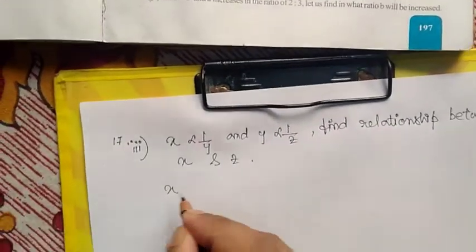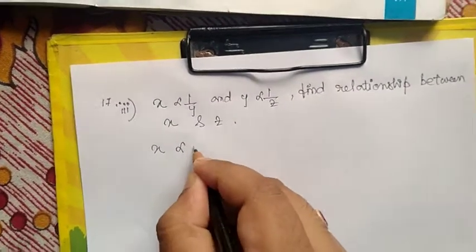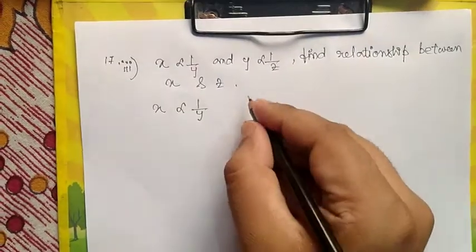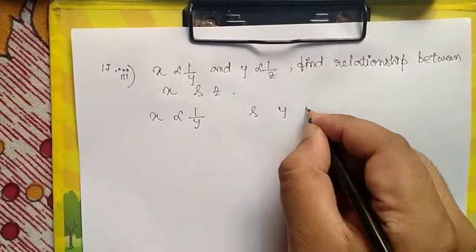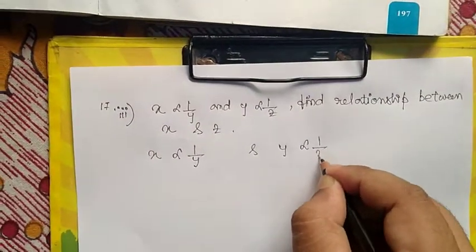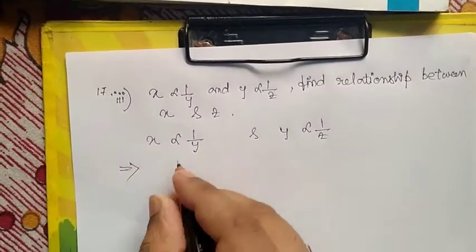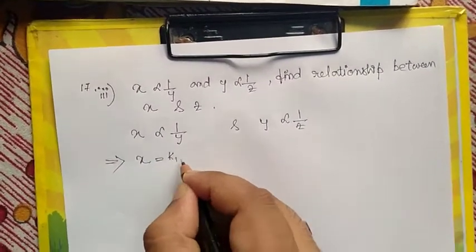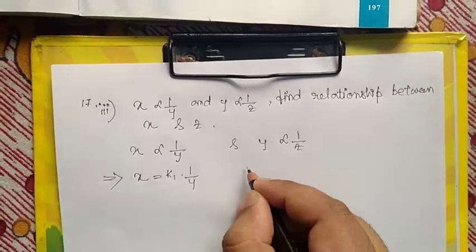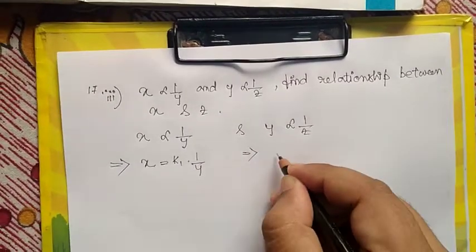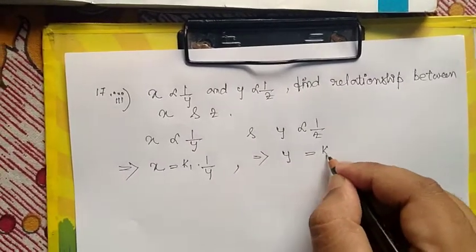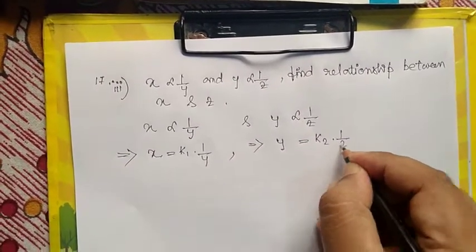Now this is given, so we can write x equals k1 into 1 by y and y equals k2 into 1 by z,